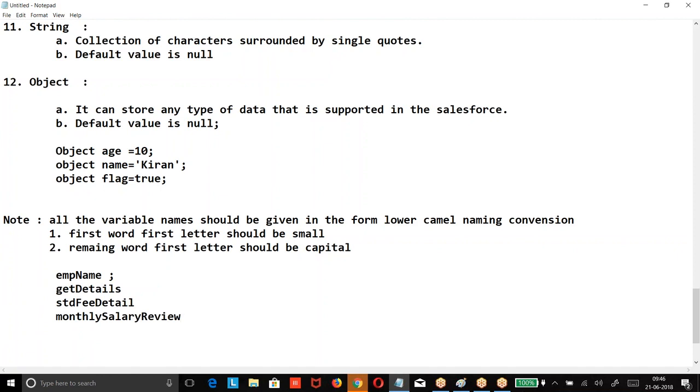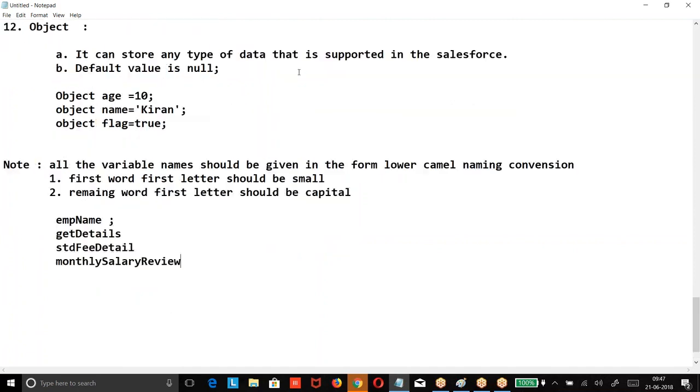Remaining words, first letter should be capital. Right, boss? Done? Yes.